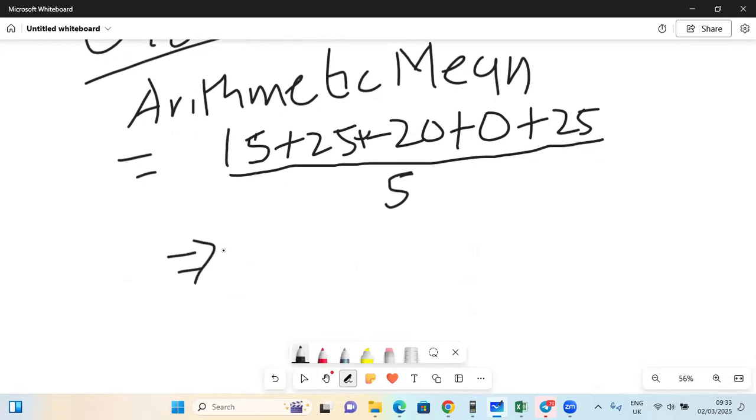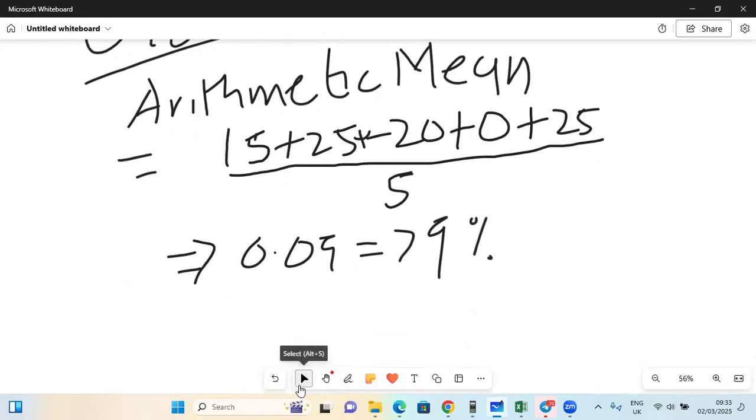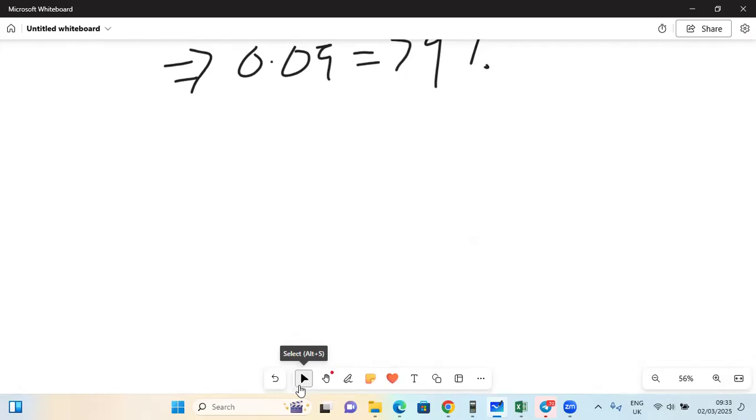We are going to get 0.09, which is equivalent to 9%. Then that's the arithmetic mean. The geometric mean,